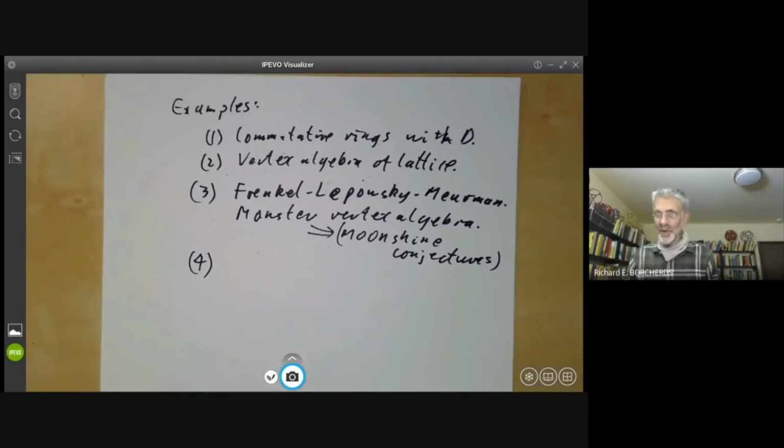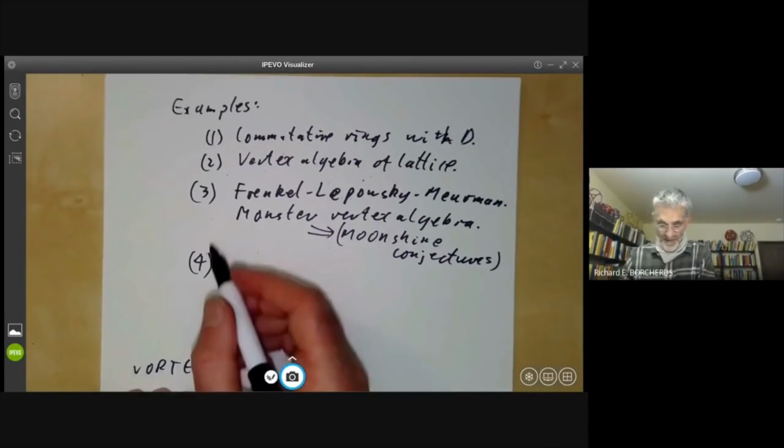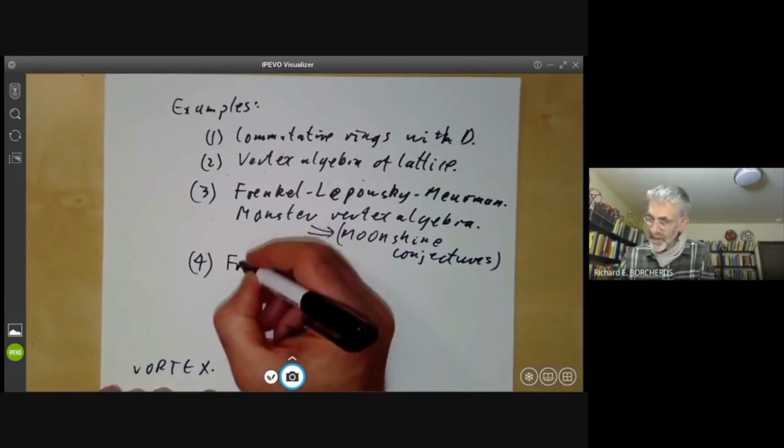I think there was one time I gave a talk and there seemed to be an awful lot of people in the audience, and I thought finally people are getting interested in vertex algebras, and the answer turned out to be the title of the talk had been misprinted as vortex algebras, and a whole lot of people who thought this was something involving fluid dynamics turned up to hear what a vortex algebra was and seemed to be a bit disappointed by the talk.